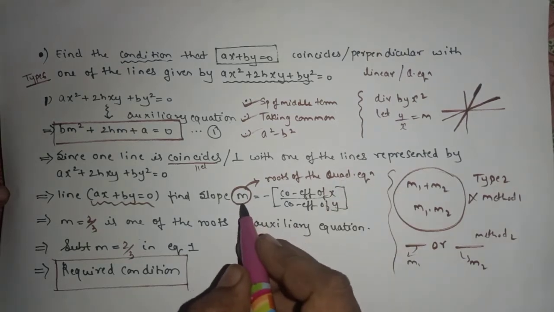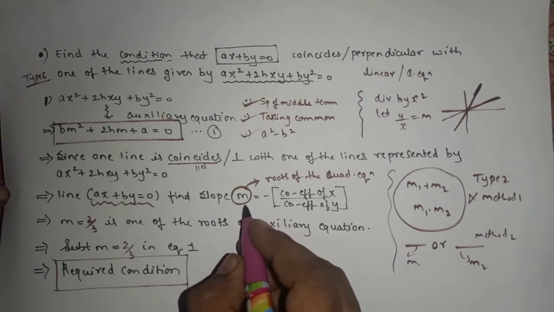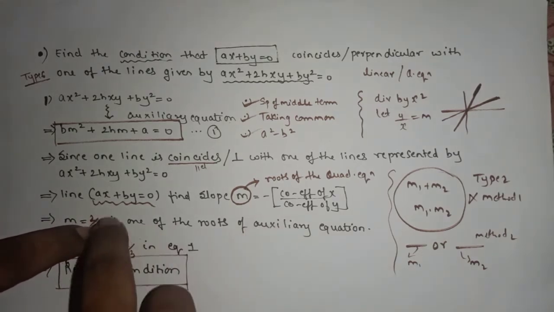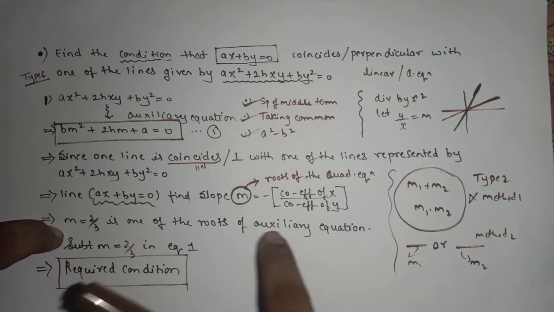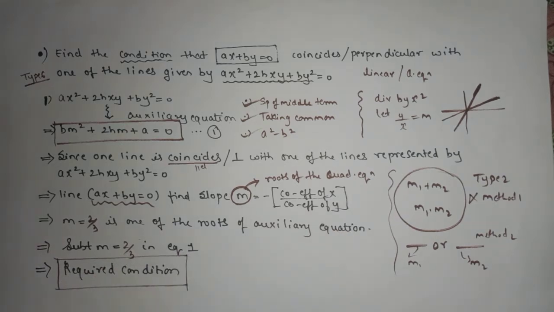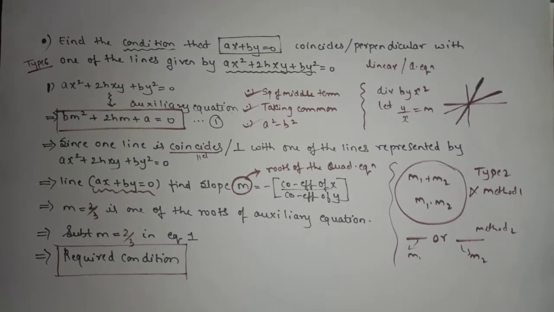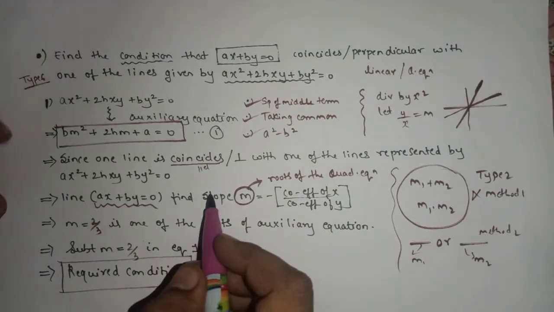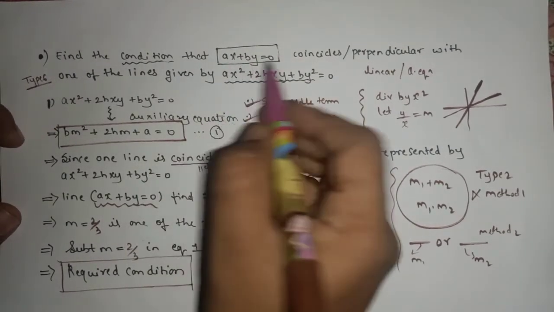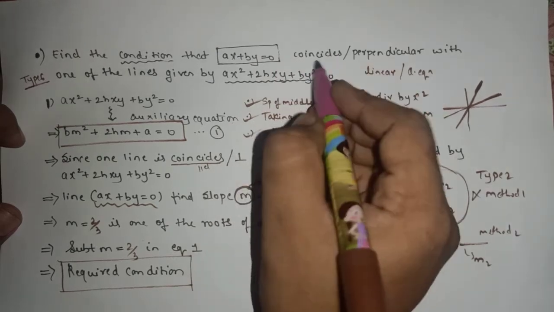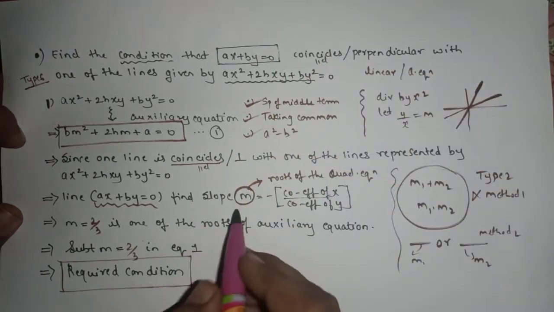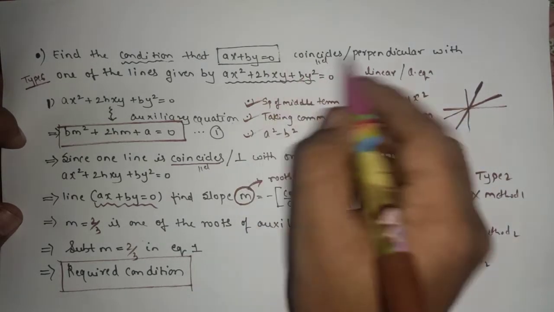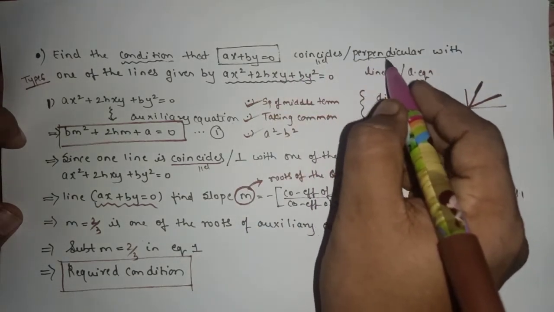So after finding the answer of m, whatever answer you are getting, see to it that it will be the roots of the auxiliary equation. And one more thing you have to keep in mind: if it says that a line is coincide, that means when it is parallel, when you find the slope, you will keep the slope as it is. If it says that it is perpendicular,